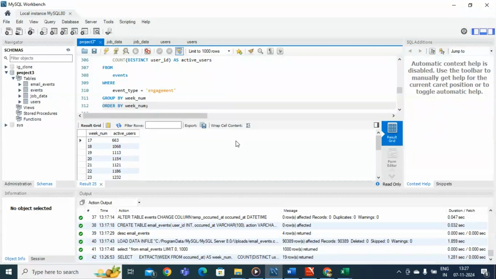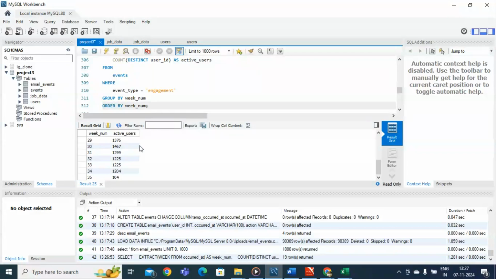See, this is the data. Now let's talk about what this query reveals in our data example. For example, we notice that in week 30, the user engagement peaked, showing an impressive 1,477 active users. The spike could indicate a successful campaign, a popular feature release, or perhaps even some